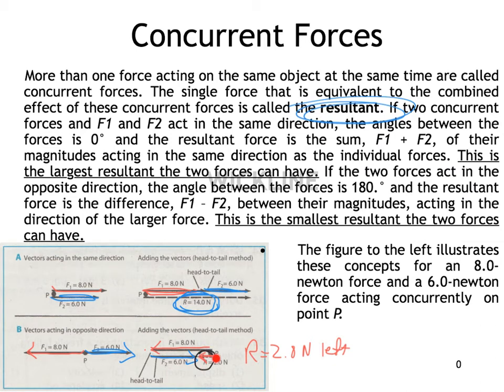And here, the 2 newtons force to the left, that was the minimum resultant force. And what you should write down is that the minimum resultant force always occurs when you subtract the concurrent forces, so 8 minus 6, and you're subtracting them because they're in opposite directions. So it looks like,